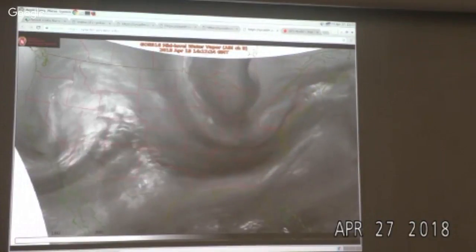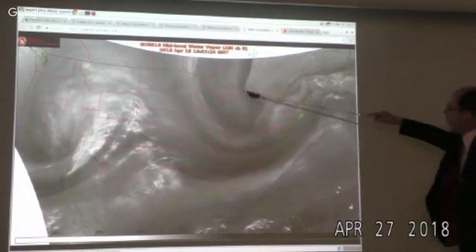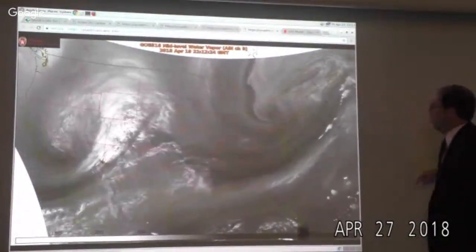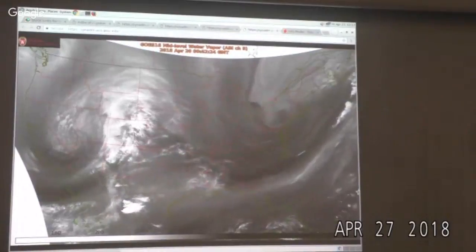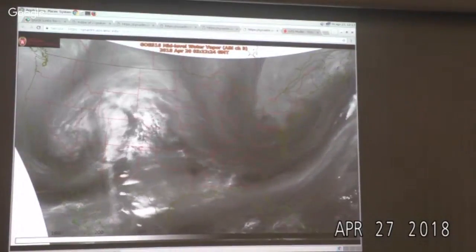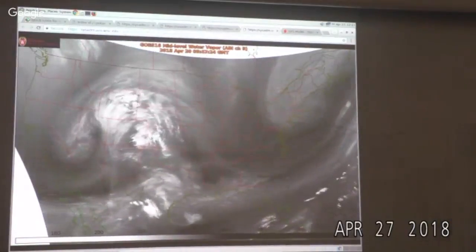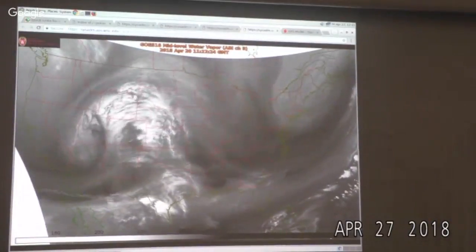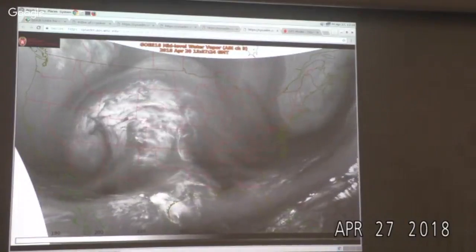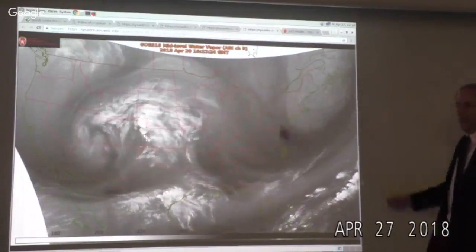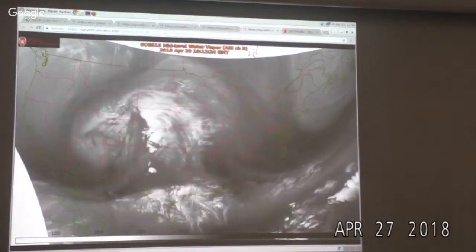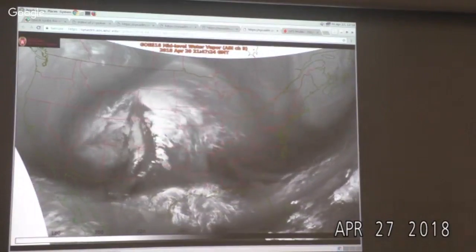But not by the next Friday. And look at all these little wrinkles and little roll-ups that go on. This is why I like the black and white. Here's another one coming, just one after another on the backside of that broad upper trough. It's just an absolutely beautiful roll-up picture. Here's a couple more that are about to go. Isn't that nice? It's getting smaller and smaller. Yeah, they keep getting smaller in scale. Just fascinating what was going on there in that northerly flow. And nicely resolved, the data.